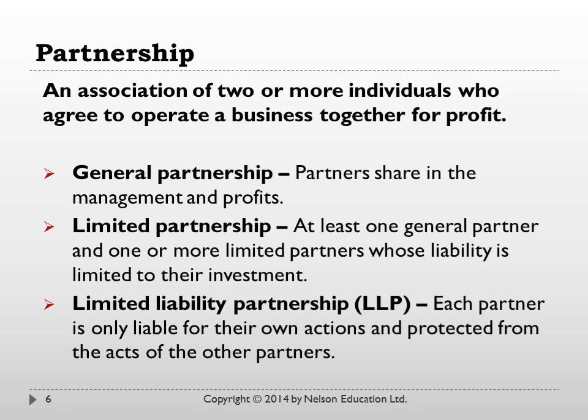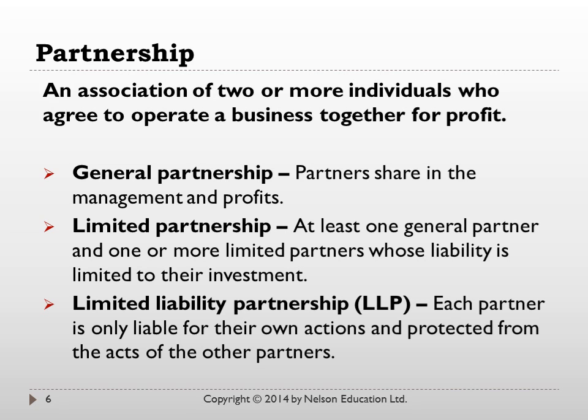So each partner in a general partnership really is acting on behalf of the business. And if one of the partners signs a contract on behalf of the partnership, each of the other general partners is fully liable for that debt or for that liability as well. It is, however, the simplest and a very common form of partnership in Canada. Many small businesses might operate as partnerships. A lot of smaller farms in Canada operate as a general partnership between spouses, for example.